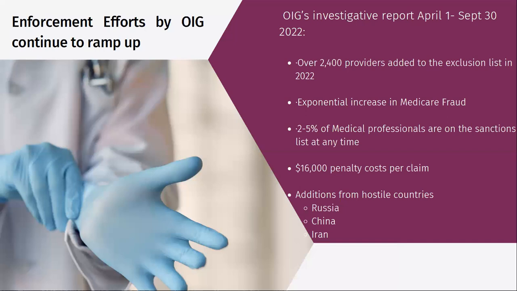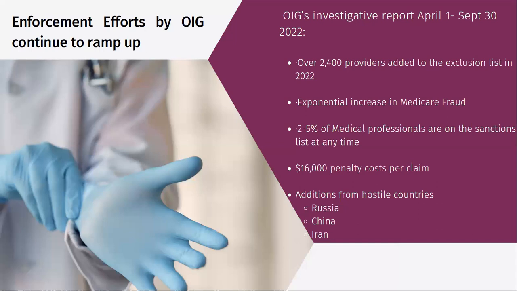So needless to say, now that things have calmed down, the government is improving and putting more money into enforcement of these particular requirements. In addition, a lot of new organizations and countries have been added to exclusion lists, from Russia, China, Iran, and others. Oftentimes a healthcare organization may not know that they are doing business with a vendor that could be from one of those banned entities.